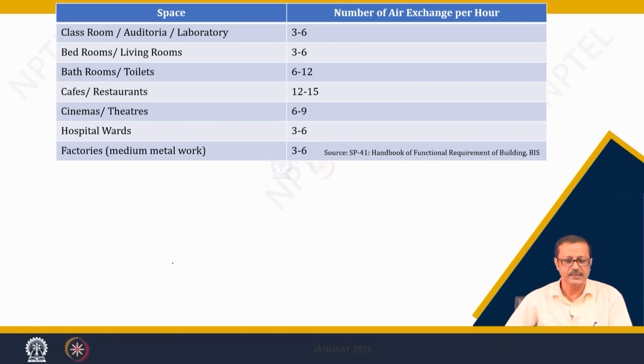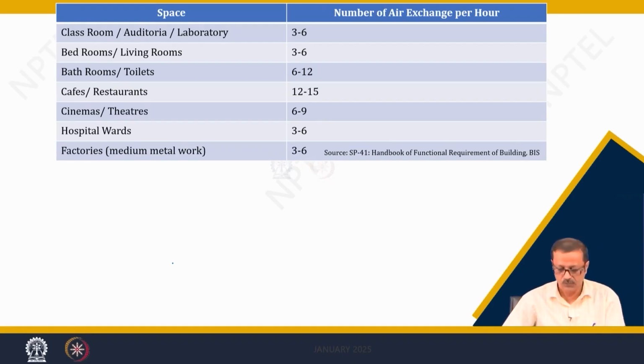In bedrooms it is again 3 to 6, in case of bathrooms, toilets is a little high, 6 to 12. In case of the cafeterias and the restaurants there is a lot of smoke and all those things. So, the air exchange recommended is too high, 12 to 15, the cinemas is 6